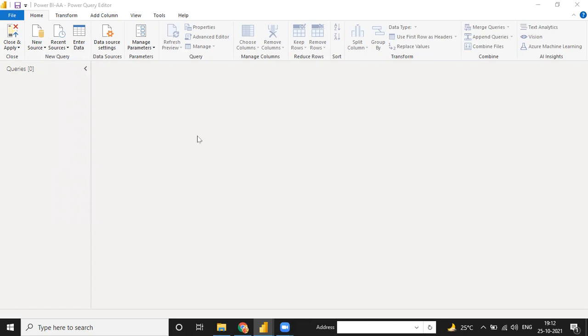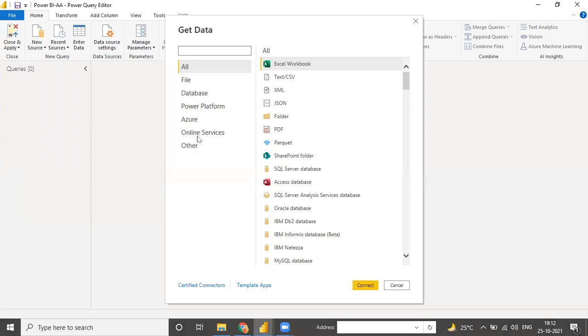It will open an option of Folder. It means you have to connect your files within a folder, and in the folder you have multiple files, whether it's 2, 100, or 500, but the format should be the same, or the columns should be the same. So right now I click on this Folder, and see, these are your multiple sources to connect. If you want to connect just one file, you can choose Text/CSV and connect only one file. If you want to choose all the files from a folder, you can use the Folder option and click on this Connect option.